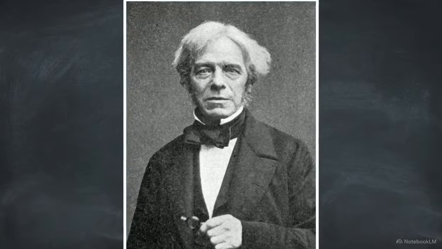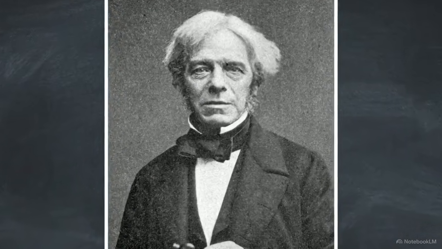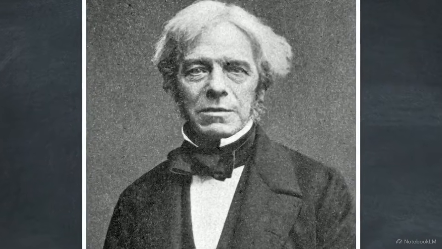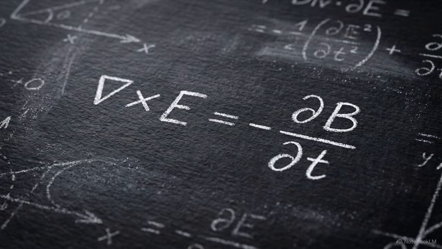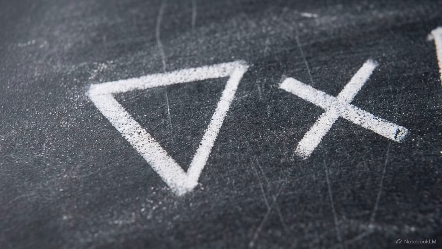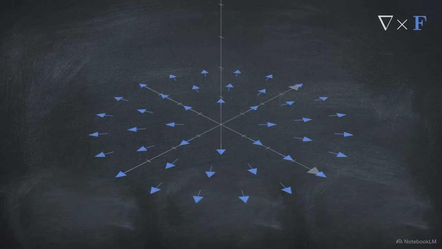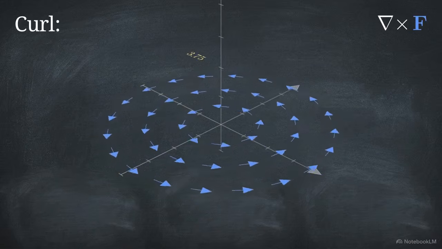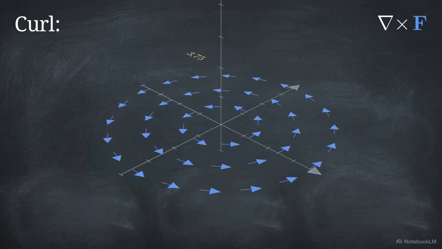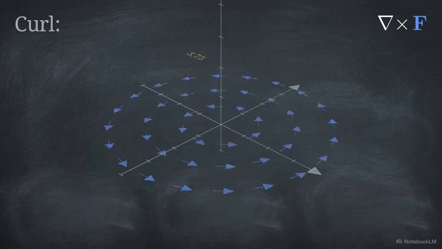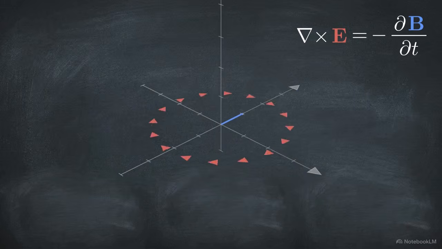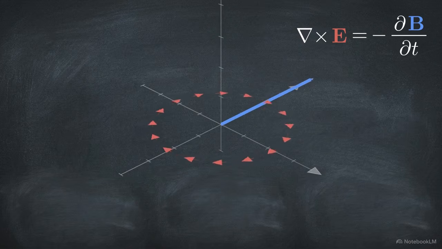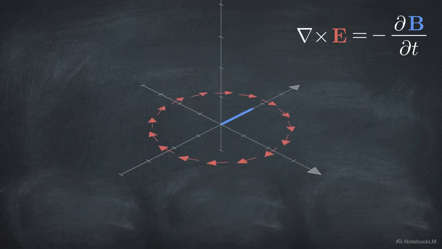In the early 19th century, Michael Faraday demonstrated experimentally that electricity and magnetism could directly influence one another through motion. This dynamic relationship is formalized in Faraday's law of induction, introducing a new mathematical operator to the framework. The del cross symbol represents the curl operator. Instead of measuring outward flow, curl measures exactly how much a vector field swirls or circulates around a specific point in space. On the other side of Faraday's equation is a time derivative, requiring the magnetic field to change over time. When paired, a changing magnetic field induces a circulating electric field, generating a non-zero curl.